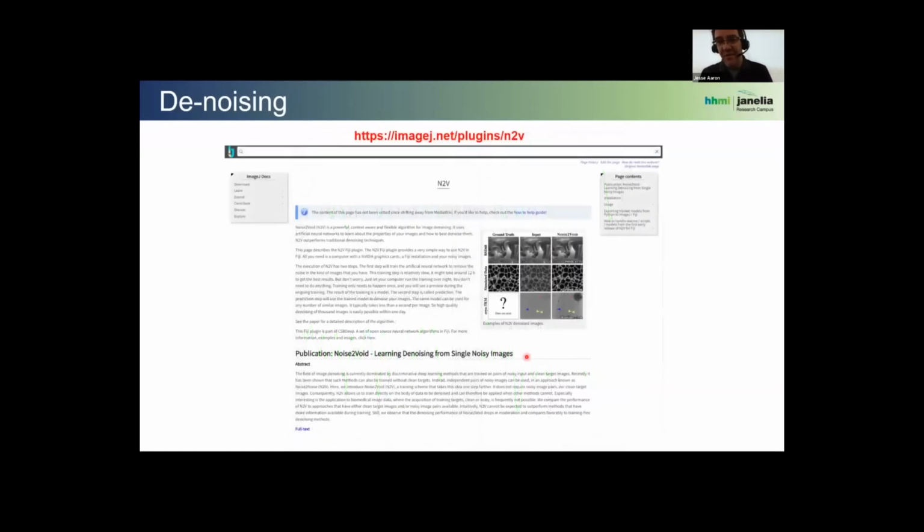This is also, of course, a freely available piece of software. You can do it in Fiji as well, so you don't necessarily have to go into the Python world and deal with package managers and anything like that. You can do this from the comfort of Fiji. Okay,